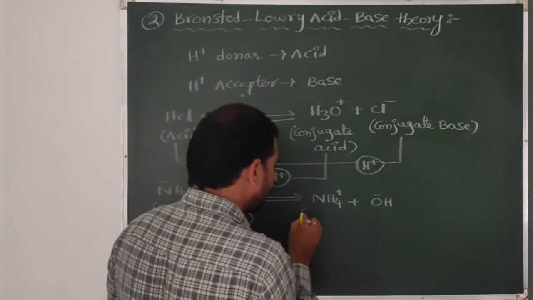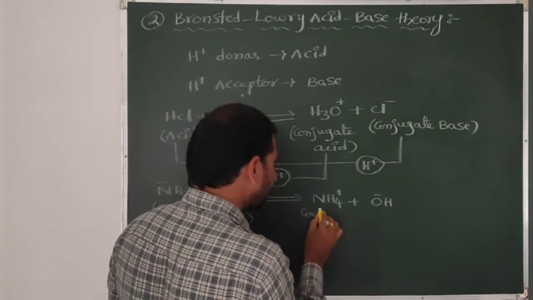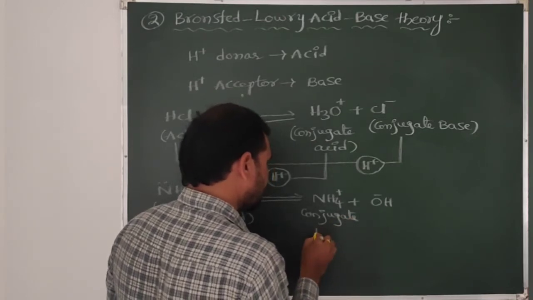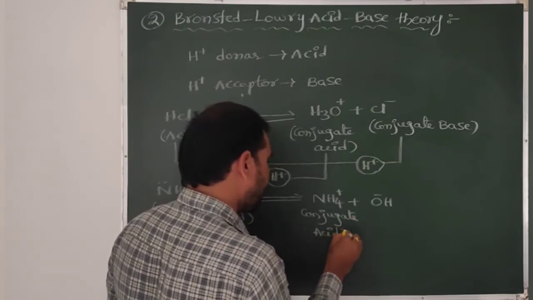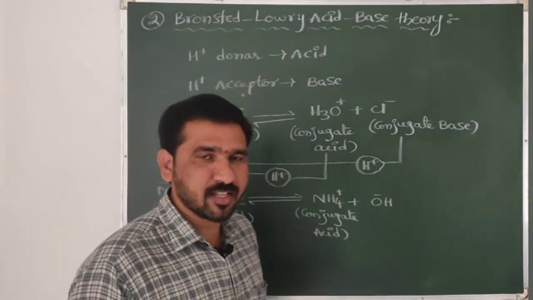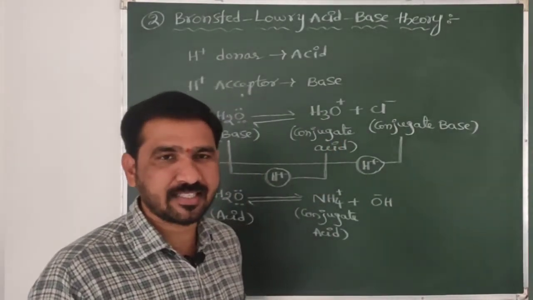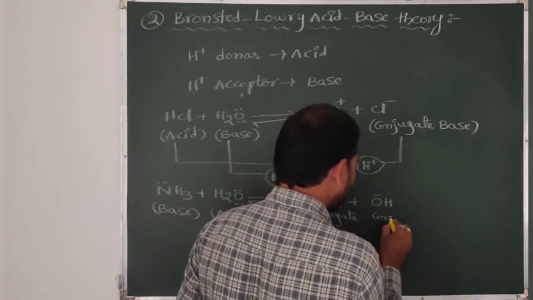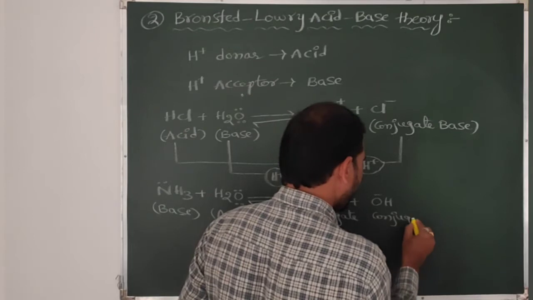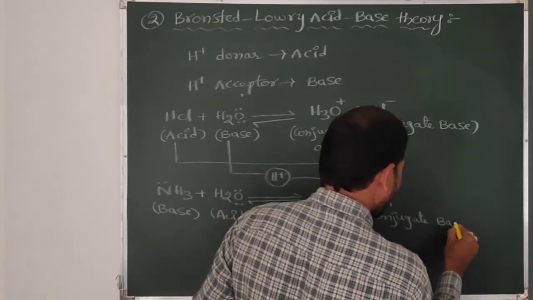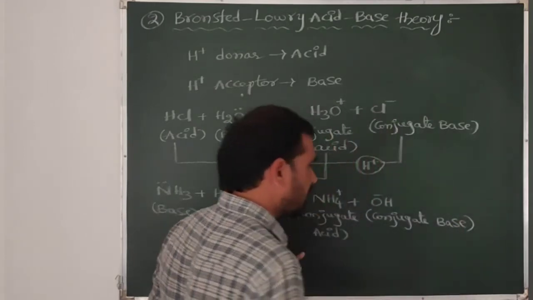So this is conjugate acid. This OH minus is also less stable. To get stability, it accepts a proton from the donor. So this is conjugate base. And